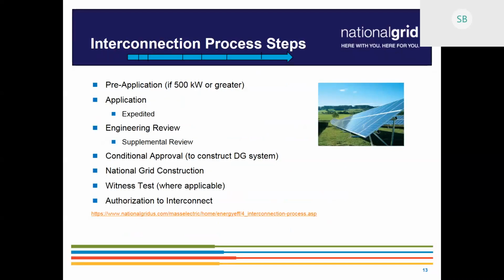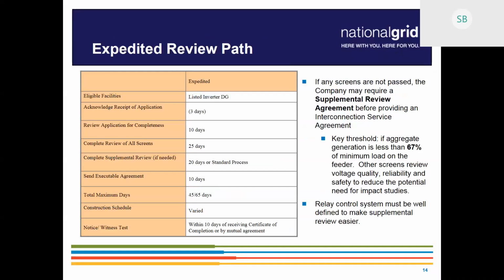At that point, it'll get assigned to someone like myself. I handle Bay State North and West predominantly. We have other job owners that manage other territories, but at that point, you and I will meet. We will discuss next steps. You will have to make a decision on your supplemental review, make your necessary payments, and we'll move the process through further. From that point, supplemental review or study will ensue. We'll get the results. Ultimately, an ISA will be delivered, and construction will begin post-payment.